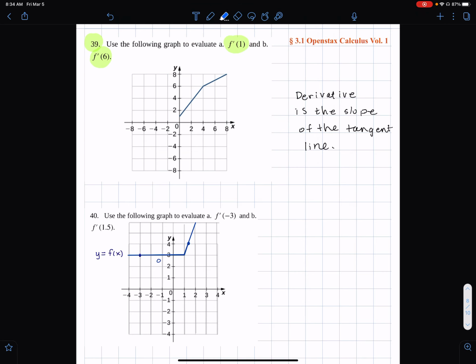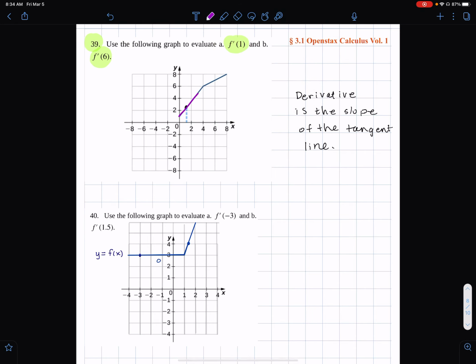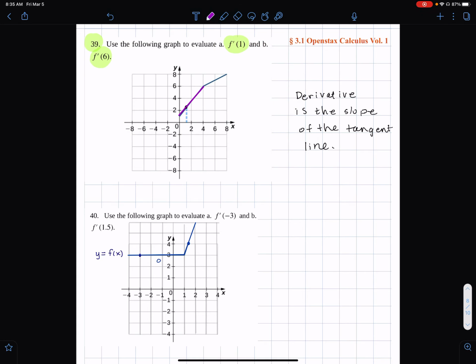if I look at 1, I'll just put a vertical line there. I don't know really if that's the best way to do it, but anyway, I'm trying a vertical line at 1, and so here's 1 on the graph. But what I'm interested in is the slope of the tangent line. Well, at x equals 1, the graph is a line, and the tangent line is the same as the line. So the slope of that line is the slope of the tangent line, and I'm going to write that f prime of 1